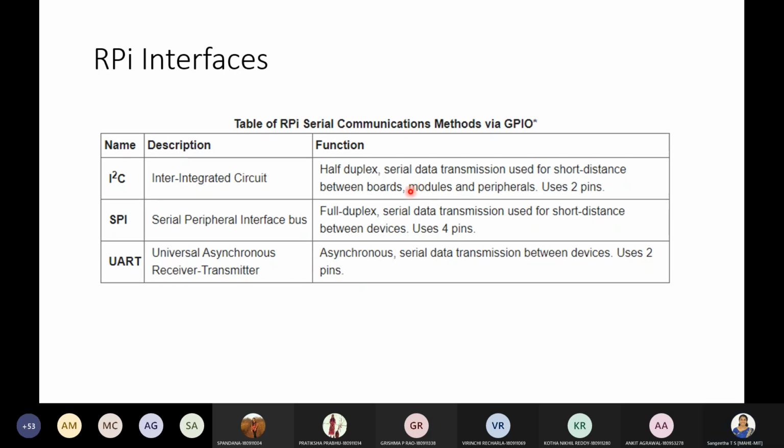Similarly, SPI is full duplex serial data transmission used for short distances between devices, and it makes use of 4 pins. Similarly, we have UART, universal asynchronous receiver transmitter, which is asynchronous serial transmission between 2 devices, and this also uses